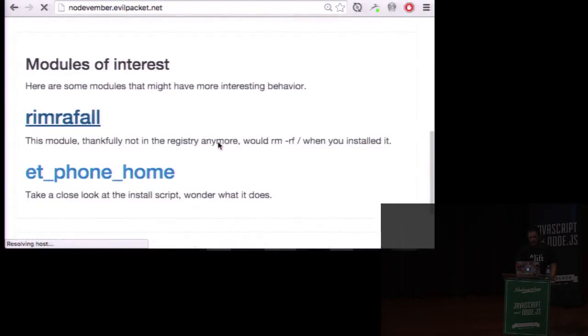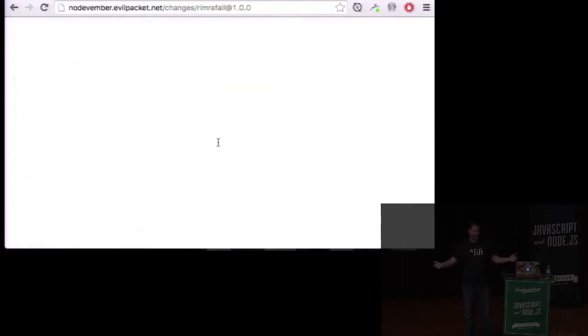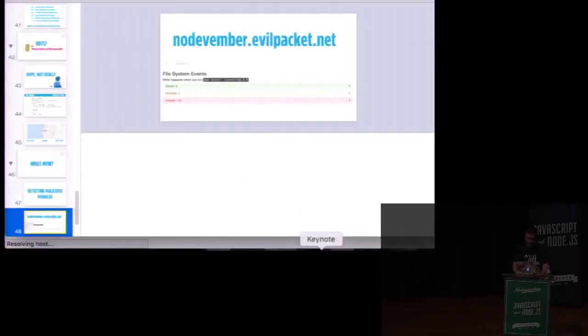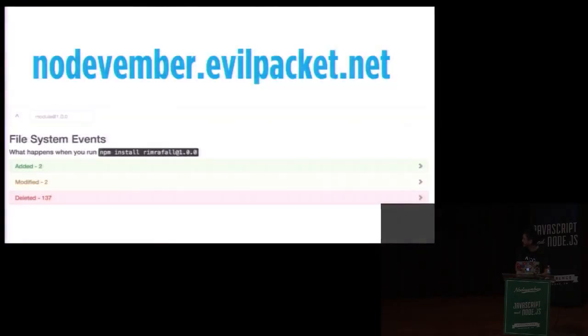It lists out any files that were added, changed, or deleted for that Docker container. Docker's got this really nice feature called Docker diff. You run a container, you run a diff, you see what files changed. It's really interesting. You can see right here, not really that exciting, this is just what it shows. But that's for rimrafall, it just deleted a bunch of files. It touched etc. It touched var. Why would a module do that? It's about 56 gigs of data right now, and it's open. You can go search it, and we'll expose it at some point through the Node Security Project.